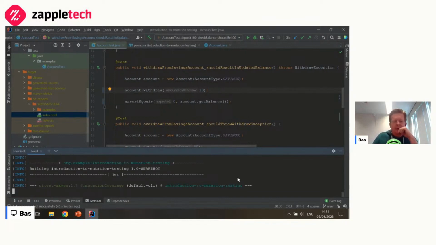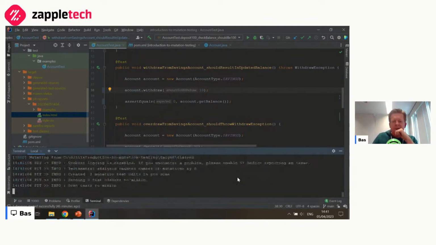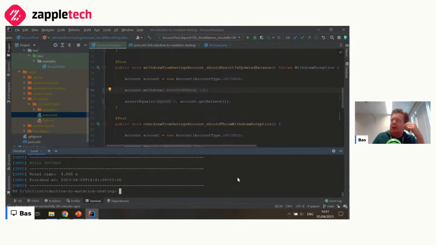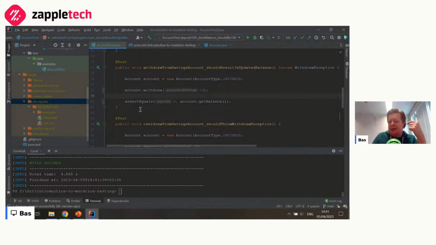But if we run our mutation test again on what we think is an improved test here. Also, instead of rewriting this test, I could have just generated another test case. That's another way to address this.